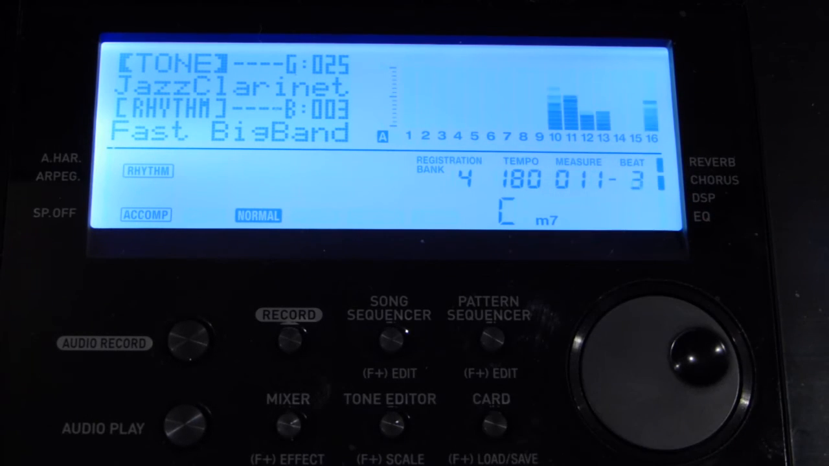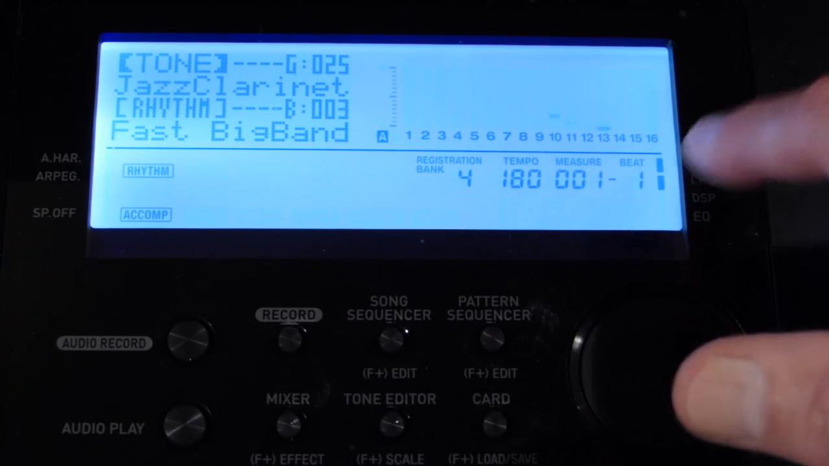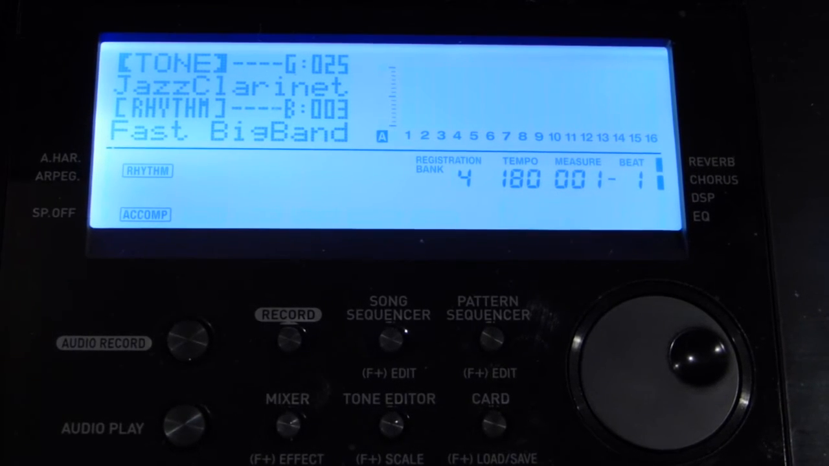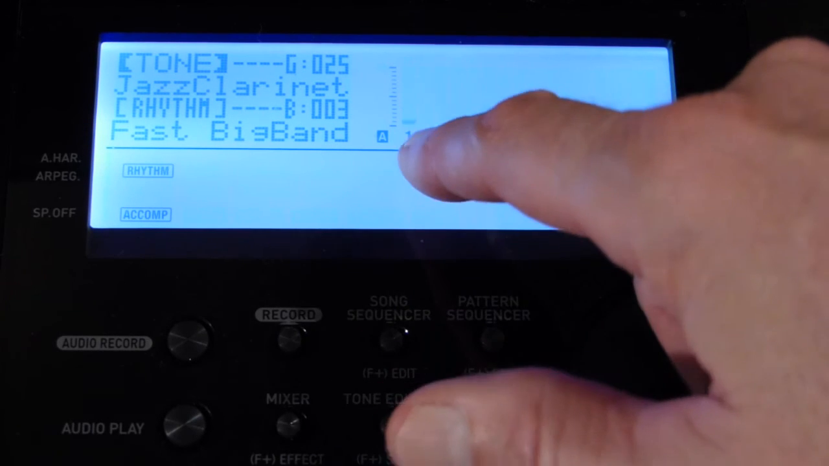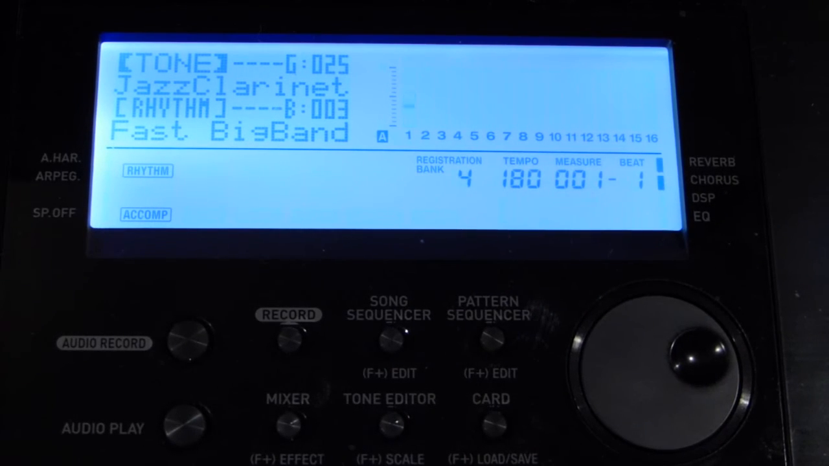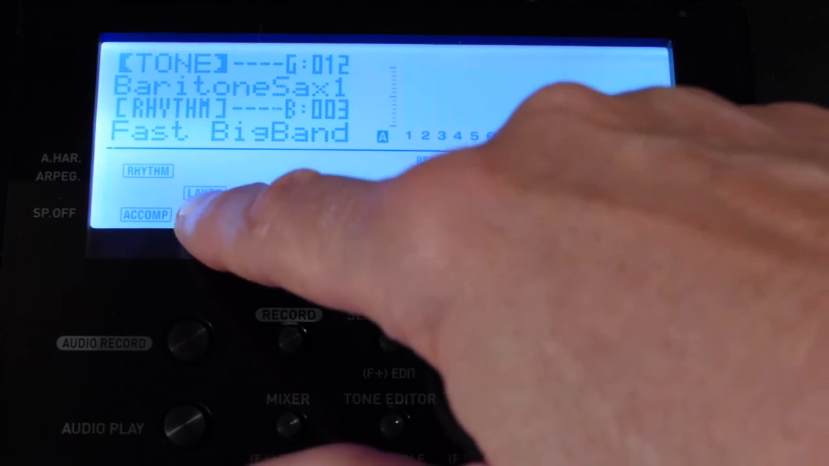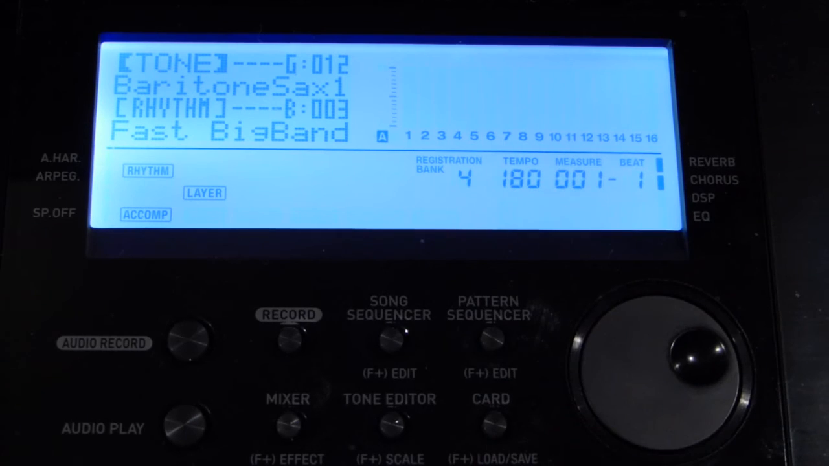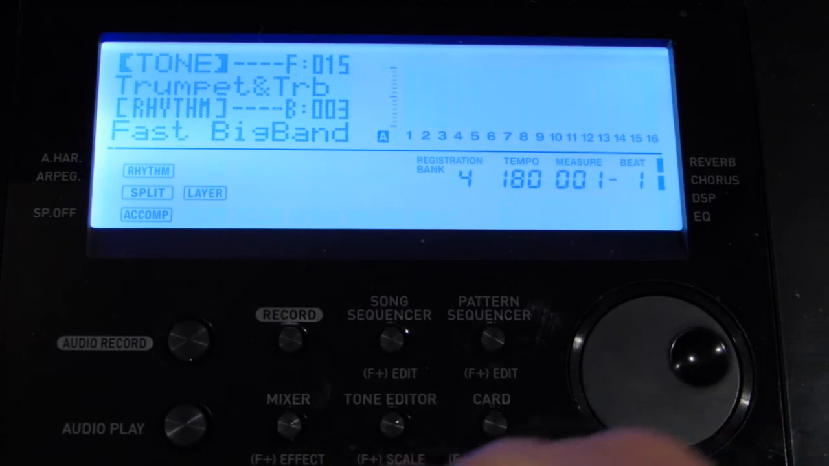So each one of those bars is indicating an instrument playing. We went over this a little bit in the first 2 tutorials. So I'm going back to our clarinet, and you can see how clarinet is on channel 1. When I turn on the layer, there's the layer. Now you see channel 1 and 2 because channel 2 is playing that second instrument, the layer. Now when I turn on the split, you see channel 3